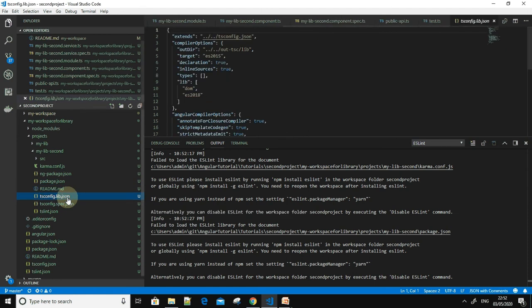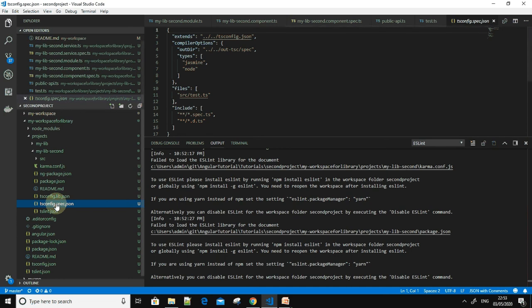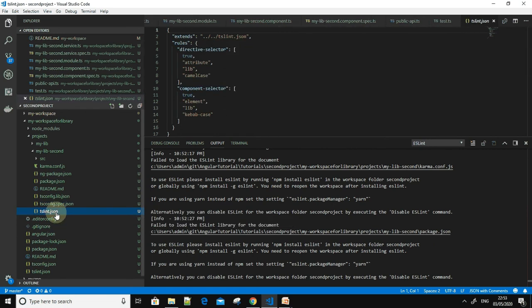And as we have seen, the tsconfig file for an application is tsconfig.app.json. But for a library, the file name changes to tsconfig.lib.json, so you can easily identify that this is the library where we are coding. Inside that, all the TypeScript related configuration is there again. And this is the tsconfig spec, the test specification for TypeScript. And this is the tslint file for the readability and maintainability specification.